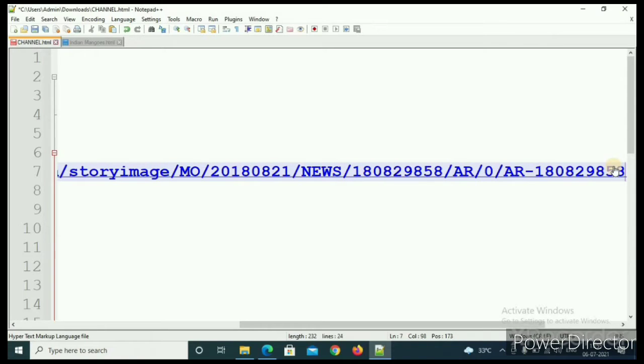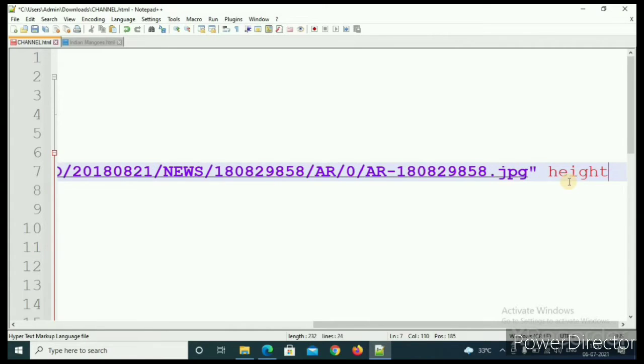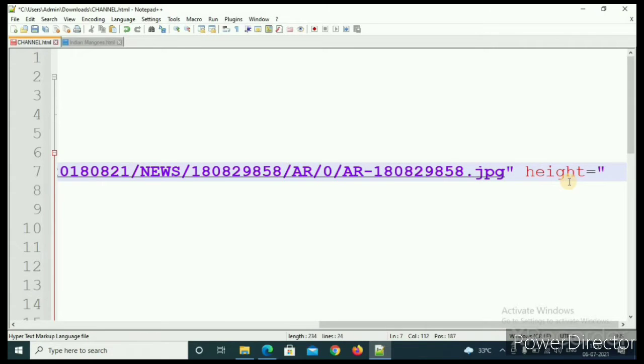Now I will go to height, then equal to, and then inverted commas. Remember, all inputs like this height, equal to, and then the input that you want to give, all should be written in inverted commas.